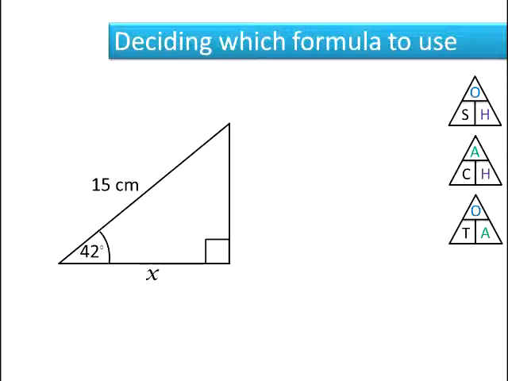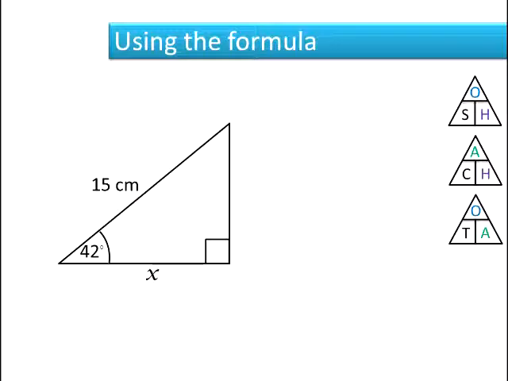And it's worth taking your time at this stage, really investing the time to do this bit well, because the rest is easy after this. Label the sides, O, H, and A. Which one's not involved? The O. Some people like to just cross it out at this stage, which is good. The A and the H, so therefore it must be the middle one, the cosine, CAH. So we have this triangle. Okay, so when you're really happy at doing those, you're not making mistakes, now we have to learn how to